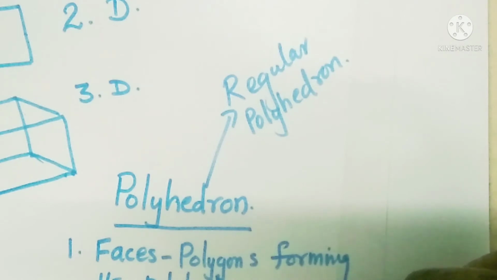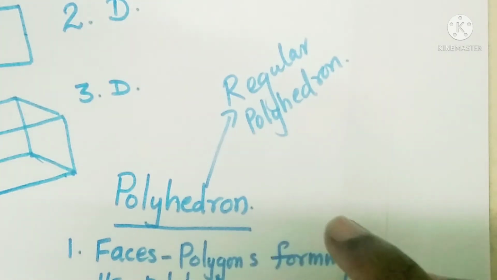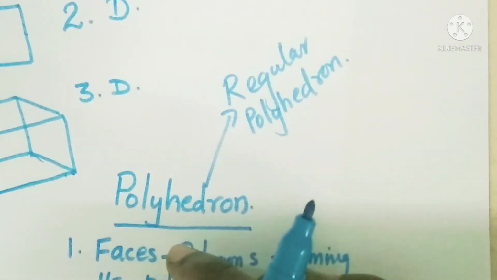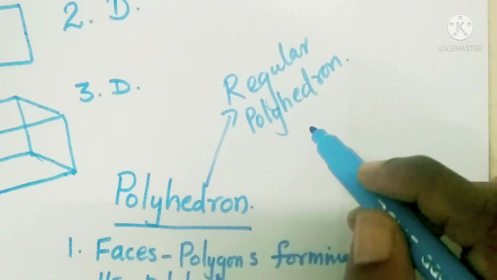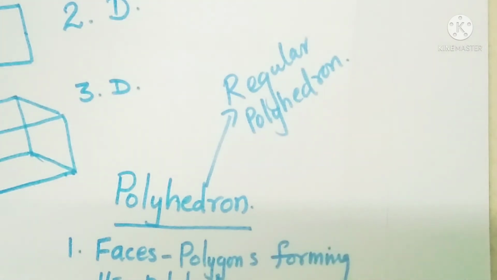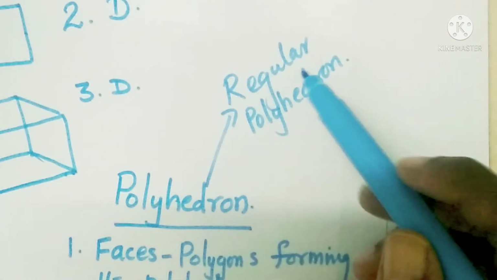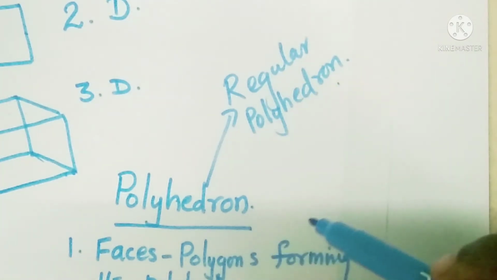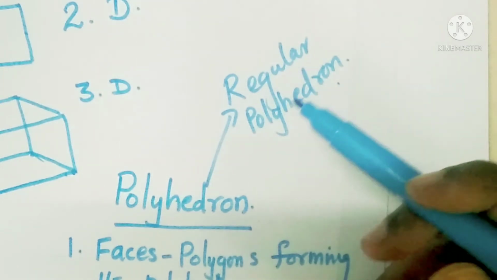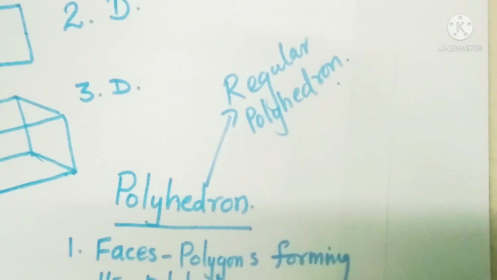Can you name some examples? What is a regular polygon? If you can think of a regular polygon, the smallest one is an equilateral triangle, or if you think of a square, if you keep so many squares which make a polyhedron with equal length, breadth and height, then it is called a regular polyhedron. Similar way, if it is pentagon, hexagon, any type of polygon, but if they are regular, I mean if they have same length, breadth and height, then they are called regular polyhedrons.